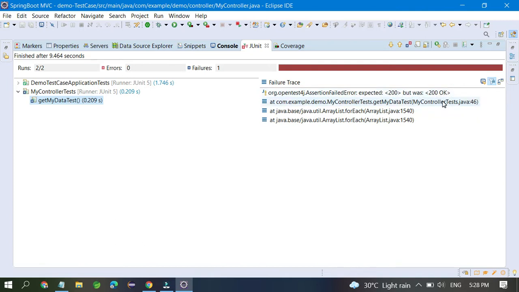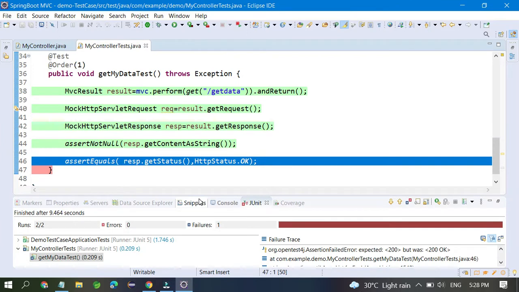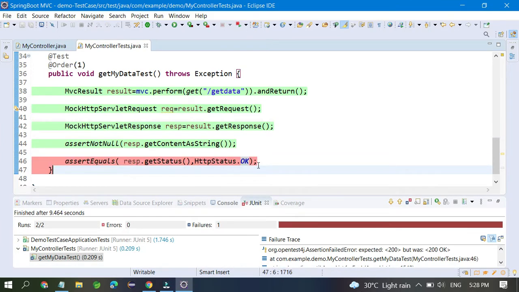Okay, so why did it happen? I want to know about it. HTTPS status dot okay. Expectation is these things. Expectation is 200.